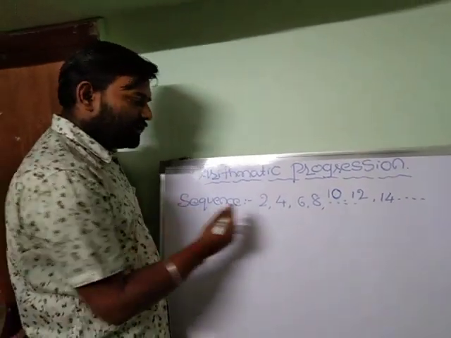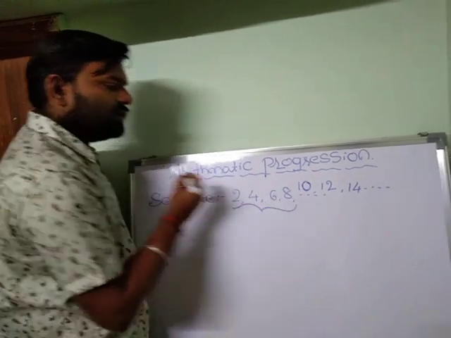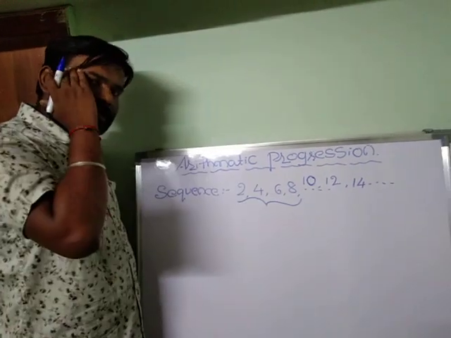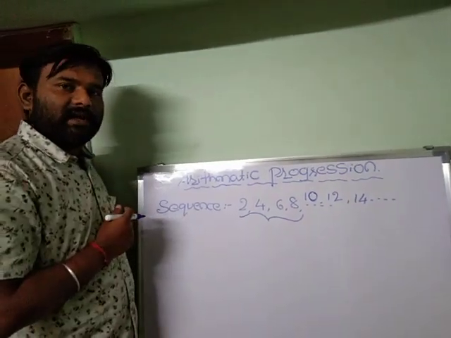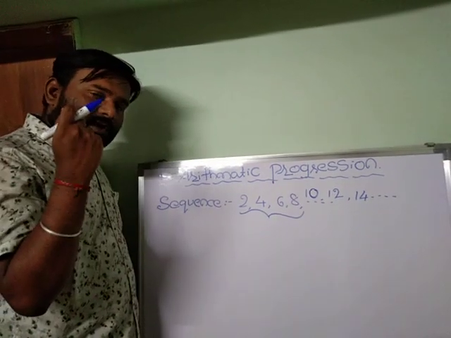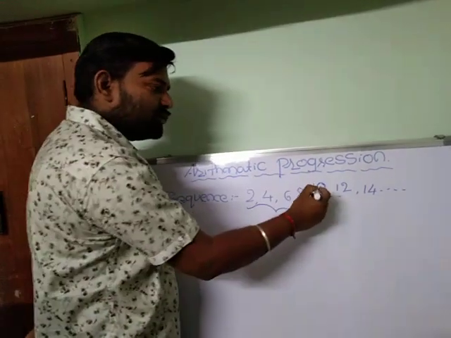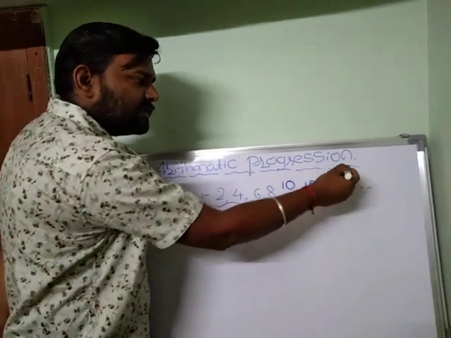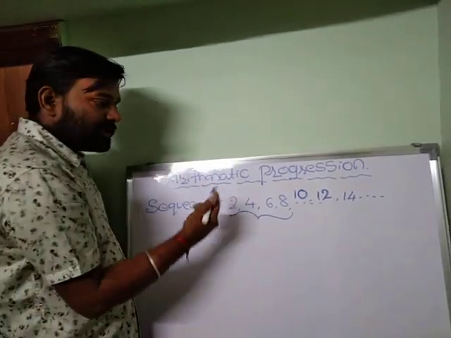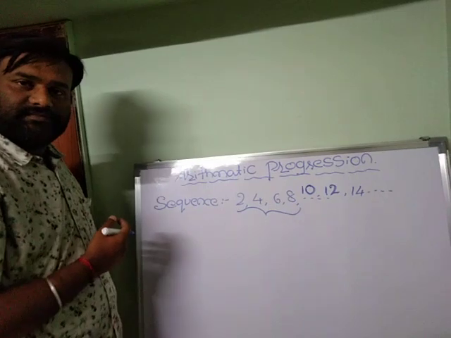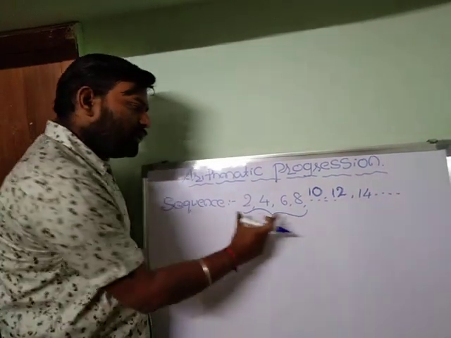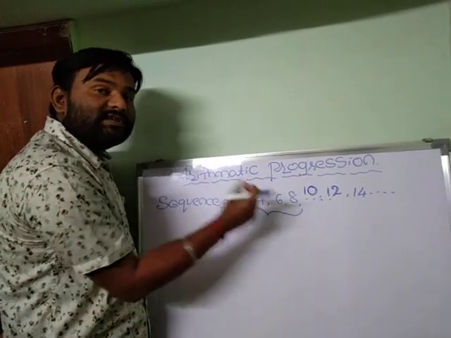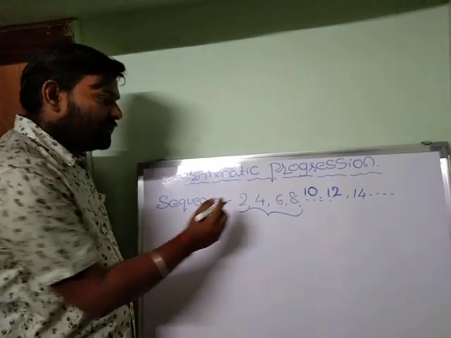It is because you have seen these four starting numbers. When you see these four starting numbers, a particular pattern is fixed in your mind. That pattern makes you write the next number 10, the next number definitely 12, and the next number 14. That pattern existed in your mind looking at the first four terms. I'm using the word terms.